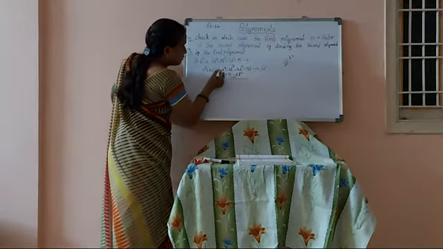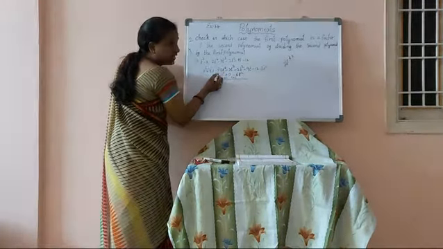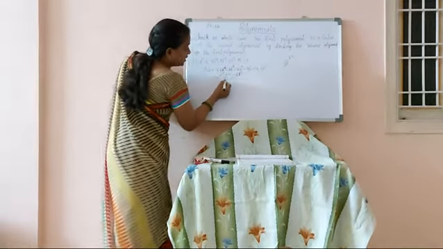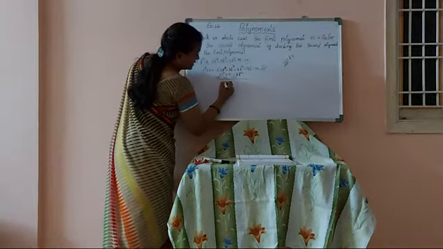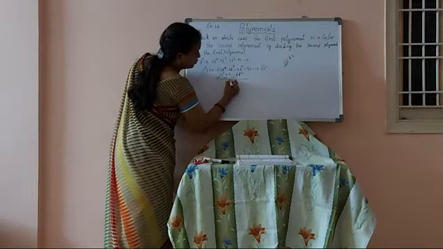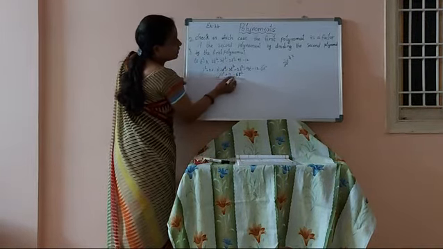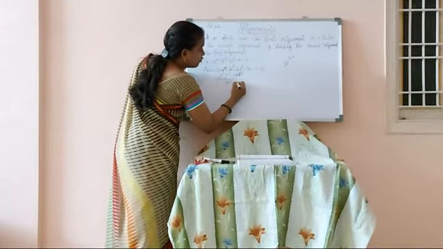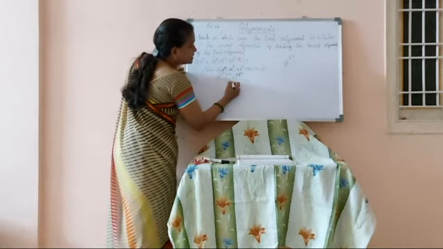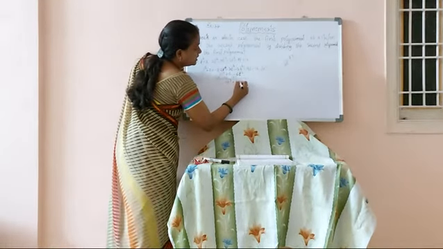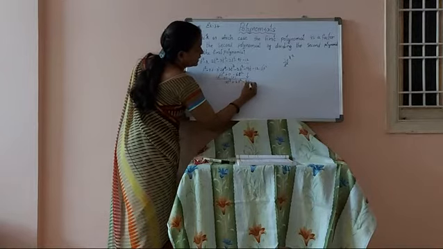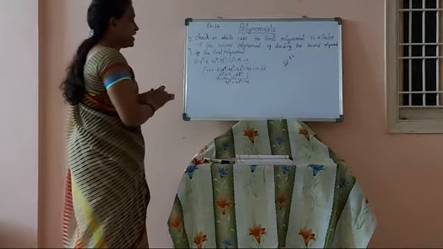Now see here, plus 2t power 4 minus 2t power 4 gets cancelled. Here minus 3t cube, here 0 is there, so write as it is: minus 3t cube. Here plus minus different symbols, so subtraction: 6 minus 2 is 4, and as the bigger number has plus, put plus 4t square. Bring down minus 9t. Again you have to repeat the same.